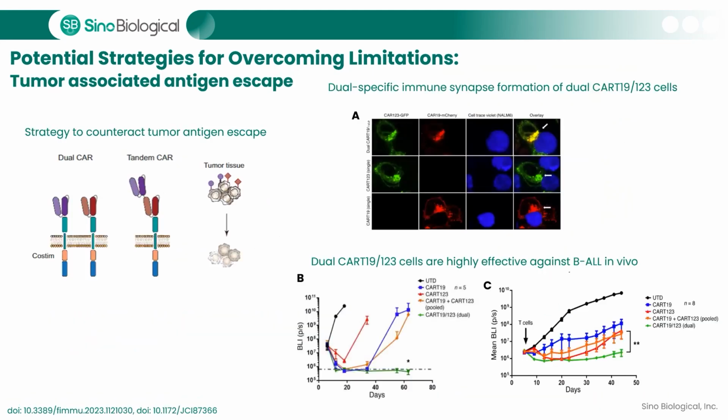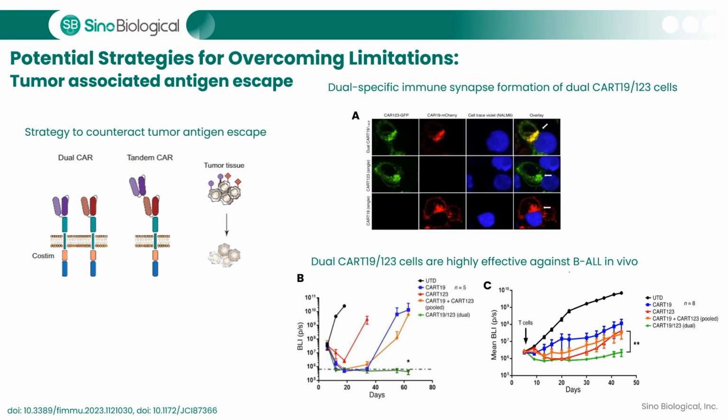To overcome tumor-associated antigen escape, CARs are engineered to recognize two different antigens simultaneously using bispecific dual or tandem CAR-T cells. By targeting multiple antigens, the likelihood of the tumor cells escaping recognition decreases. One of the most promising applications of the dual CARs is using the dual CD19 and CD123 targeting the B-cell